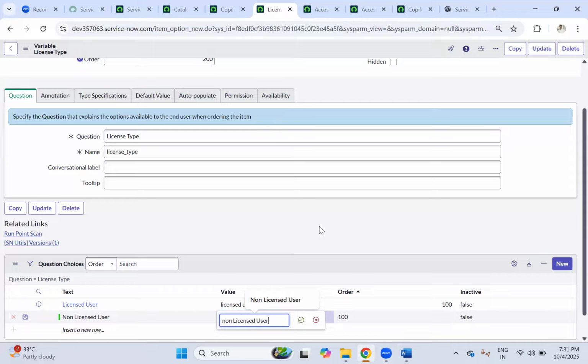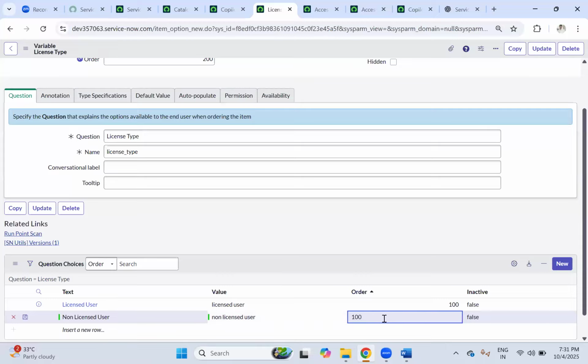Non-license. Let me go to your LU. This will be my 150. Save it. So now I'm getting options here,